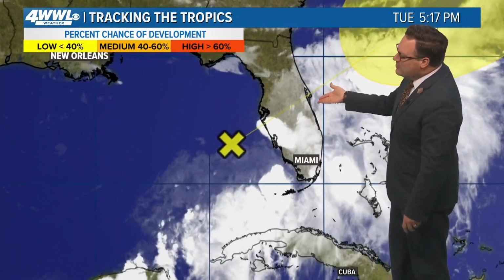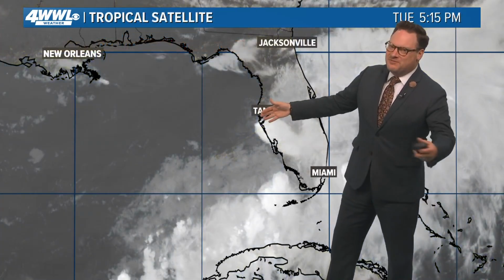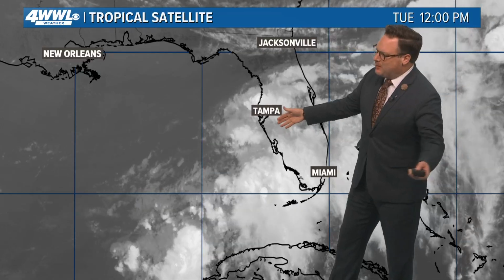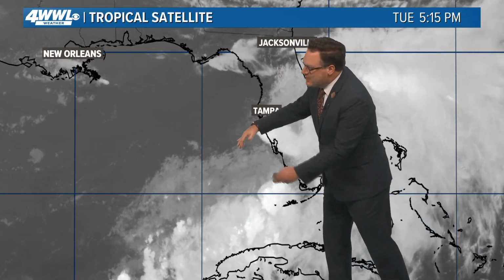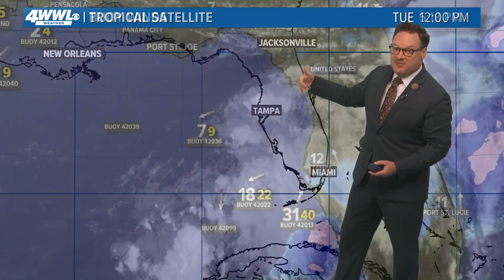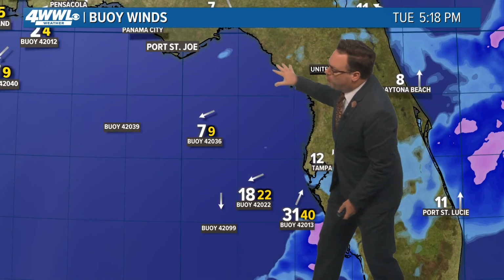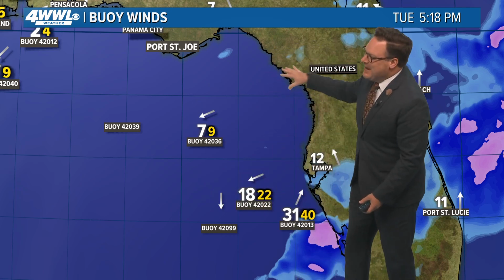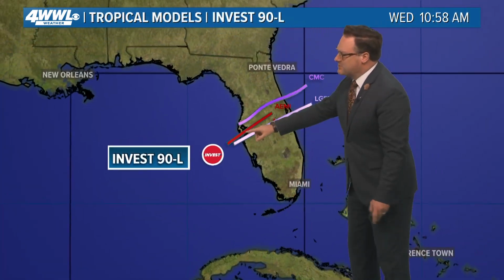But the one of more interest to us is in the eastern Gulf off the west coast of Florida. There is very little chance of any development as it is in the Gulf and then moving over Florida. No organization, really just an unorganized area. Thunderstorms certainly bringing them some heavy rainfall. We're looking at the buoys, kind of a broad area of cyclonic rotation. So there may be some kind of little surface low trying to form, but it's going to struggle in a